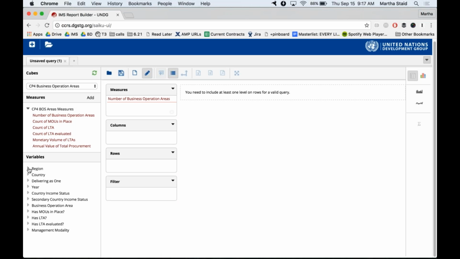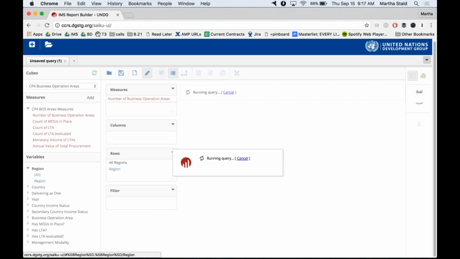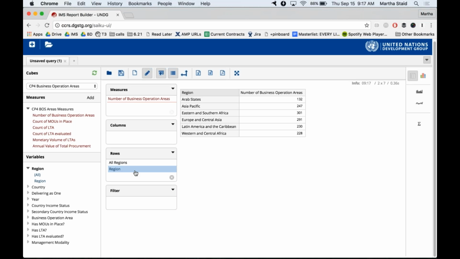We've chosen our measure, so we're going to go ahead and choose a variable. Each of these lists, you'll just need to click to expand it. Some of them only have one item within, some have more. But in this case, we're choosing region. It's the only item here. We're going to click region, and you're going to see it appear over here in this playing field area. So clicking region puts it into the rows section, and instantly you'll see here it has cross-referenced these two pieces of data that we chose.